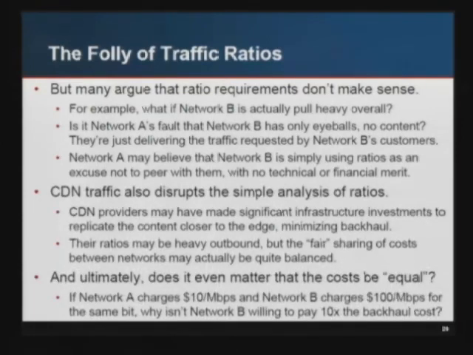It's not really network A's fault that they're sending traffic to network B, because network B has eyeballs that are requesting the traffic. You can't send traffic that doesn't exist. You can't receive traffic that doesn't exist. So if you are peering with a network that is imbalanced, it's natural that your traffic is going to be imbalanced. And sometimes the network that is imbalanced is going to insist on a balance ratio anyways, even when that